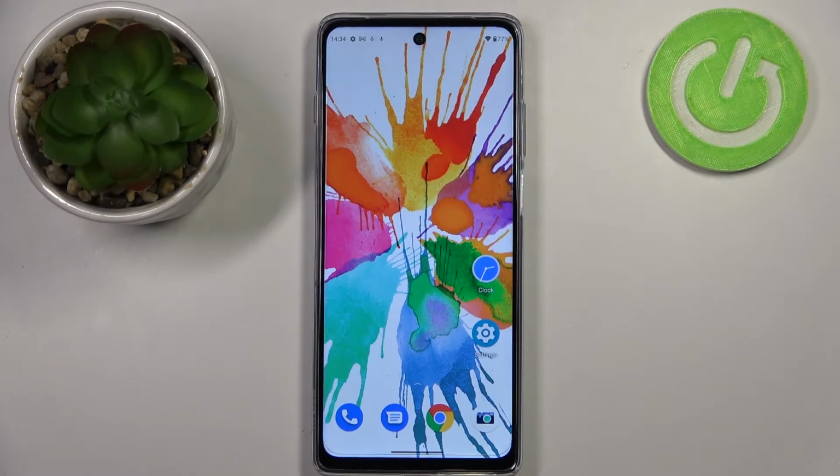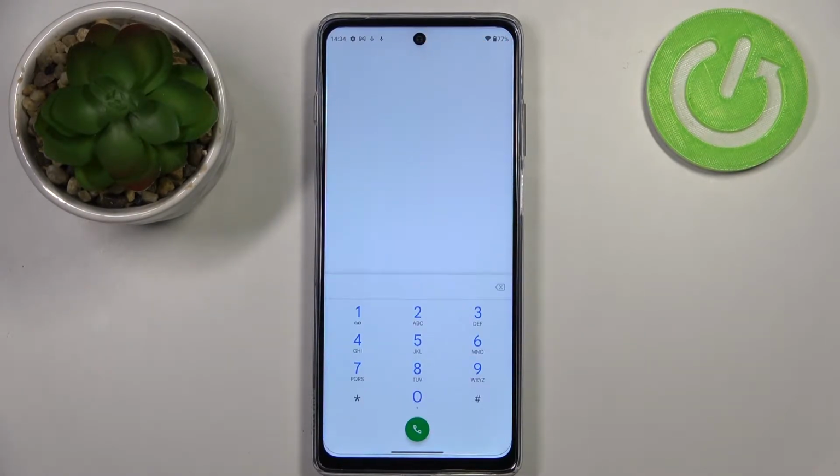Hi everyone, in front of me I've got the MOTOROLA Moto G200 and let me share with you how to use secret codes on this device. So first of all, let's open the dialer, because this is the place where we will enter all of those codes, and let me begin with the shortest one and probably the most known, which is